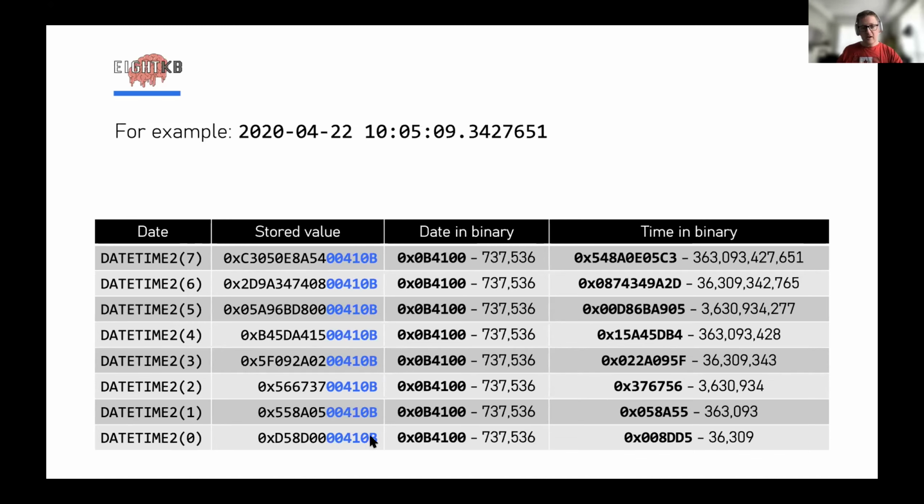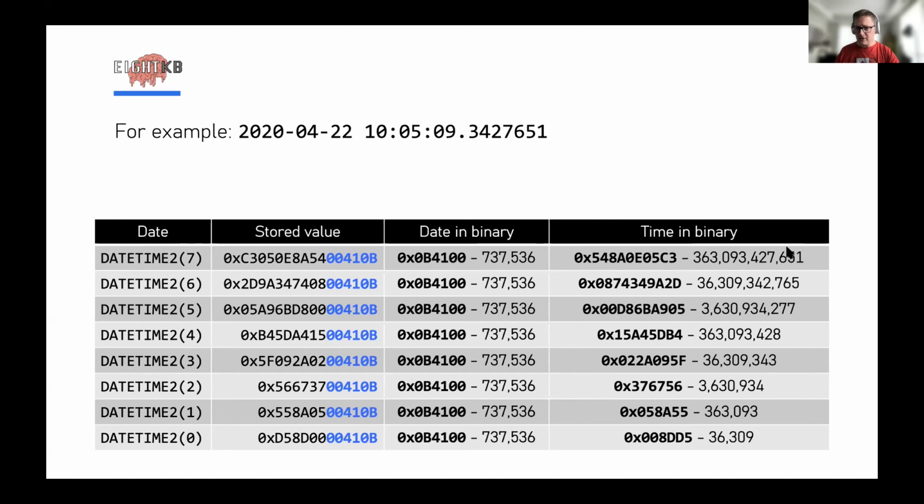In this blue section here, this blue part of the value, that is the date value. The date value is persisted, as I said before, in reverse, but this value here is the number of days since the year 1. So 737,000 days have gone by since the year 1 for this value of 2020, 22nd of April at 10 a.m. And then the time in binary, this is the bit that changes depending on the scale. So if you're looking at 7, which is 100 nanoseconds, you've got this very big number here,